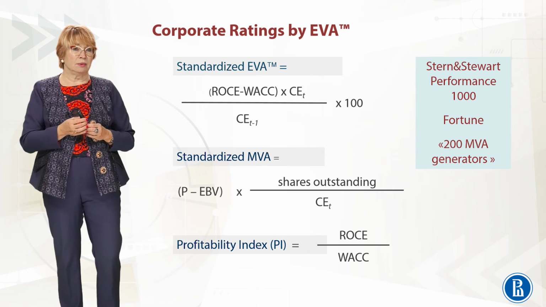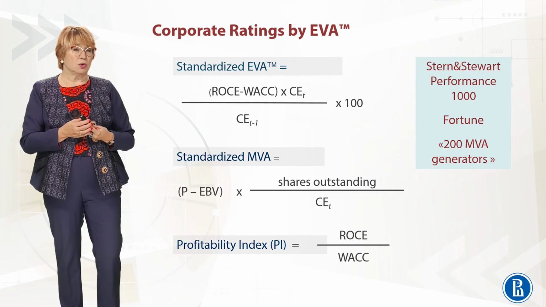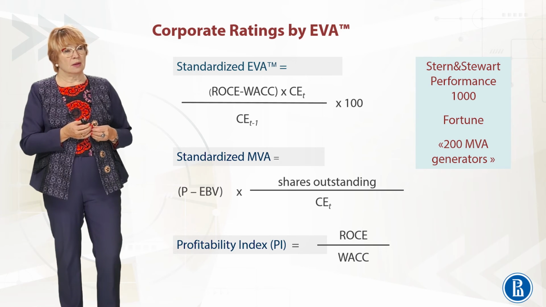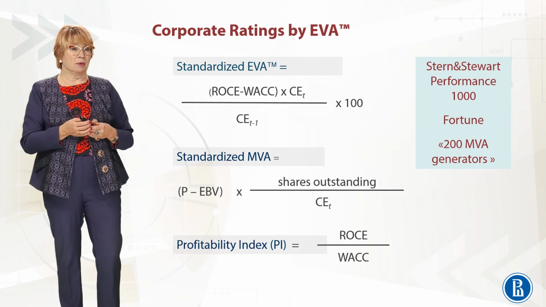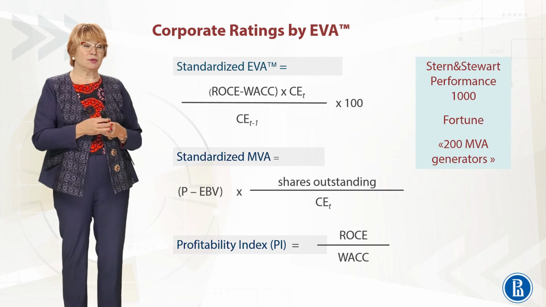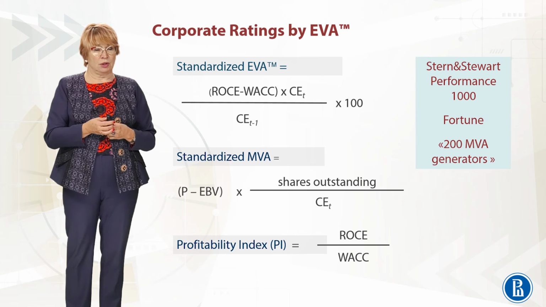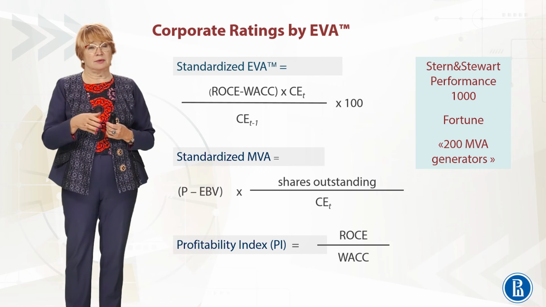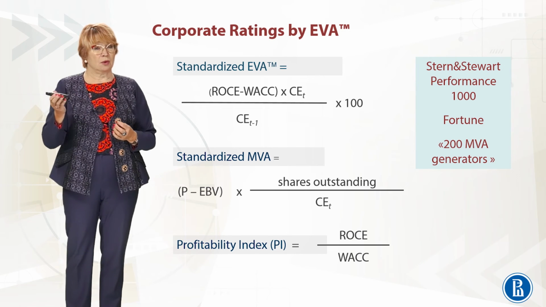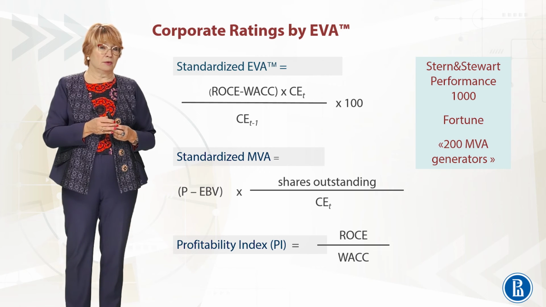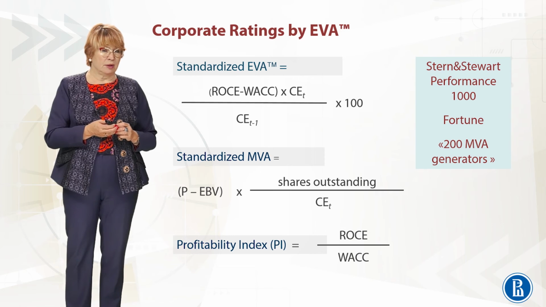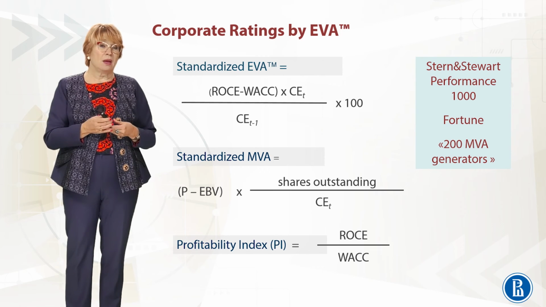The second metric, which is standardized market value added, also depends on the equity equivalence because they are an integral part of economic book value, EBV. You are computing the spread between the market price per share and economic book value per share. And then you will multiply that spread by the shares already outstanding on the market for each company and normalize it, or divide it, by capital employed for that particular current year, also with the equity equivalence.